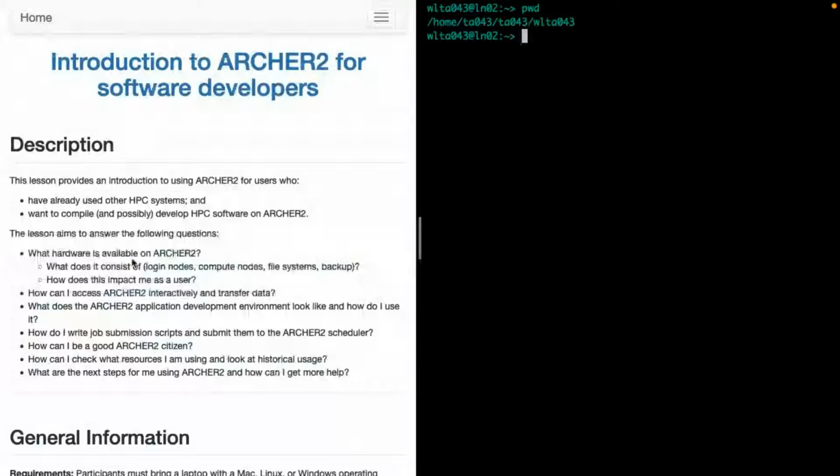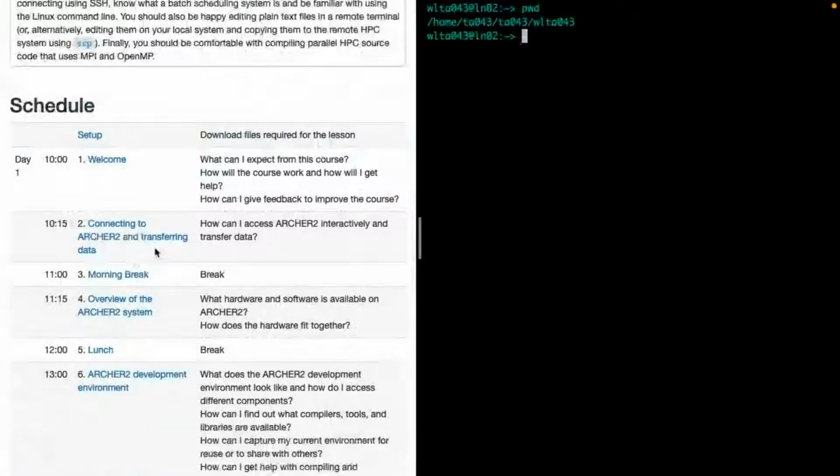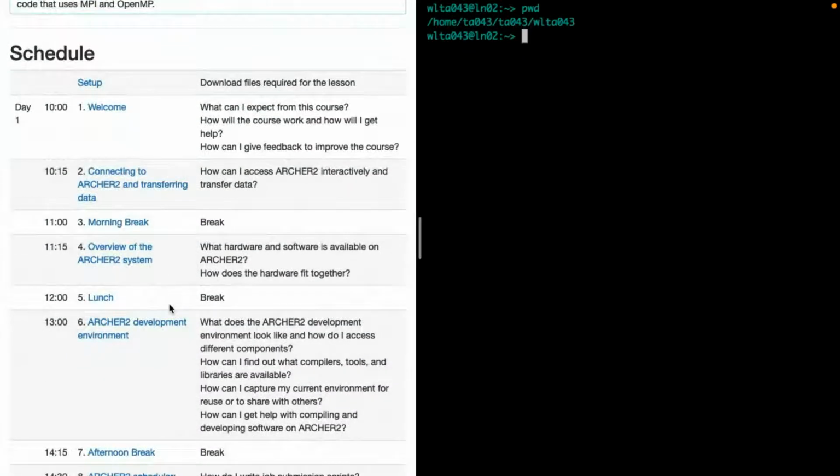So yesterday we covered various parts of how to get logged in to ARCHER2, how to transfer data, had an overview of the system, the hardware, the types of nodes that are present on the system. Then after lunch, we covered the module system on ARCHER2